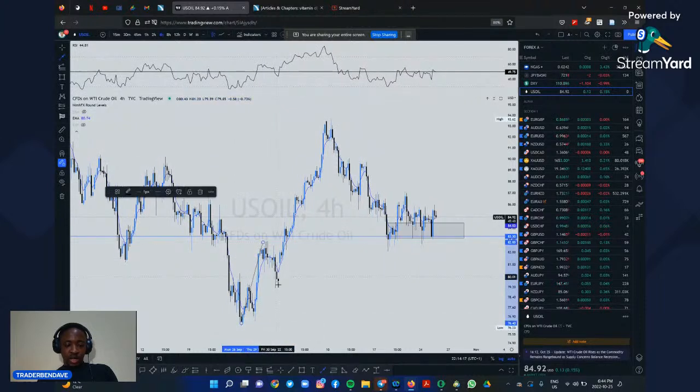We have a high impulse and a big impulse move. Price came to this level, and it has created a double bottom here. So that is how we are treating it. So it's important we keep an eye here,